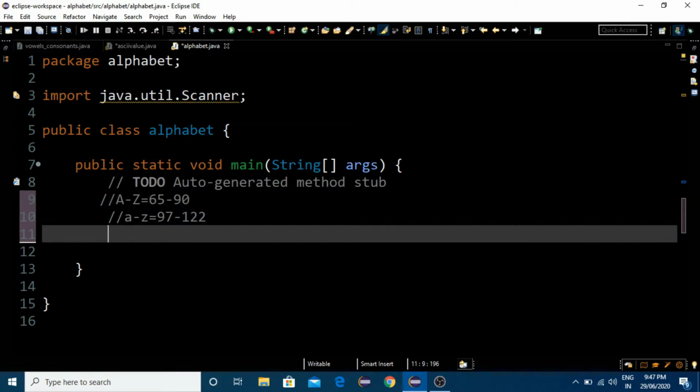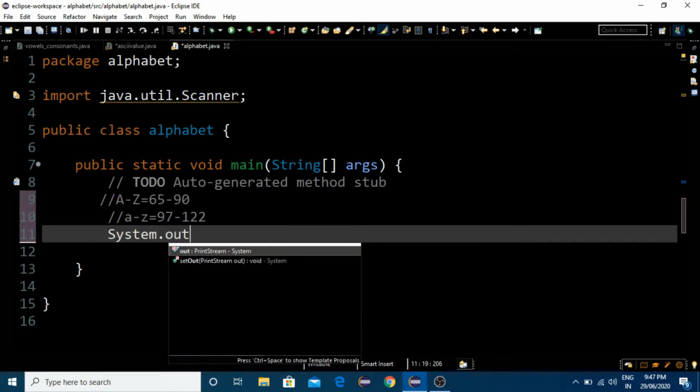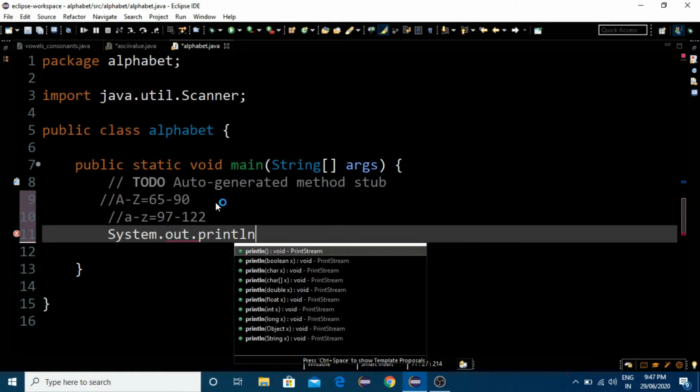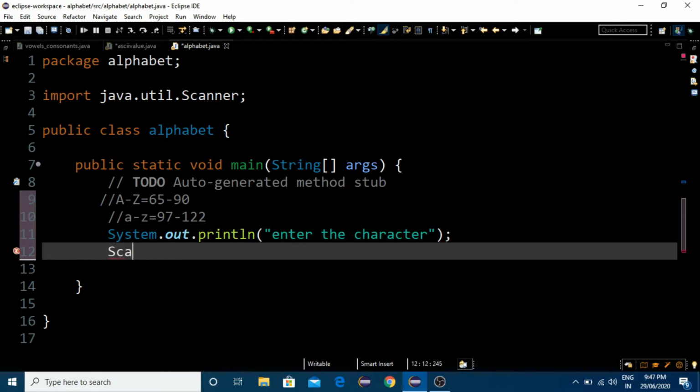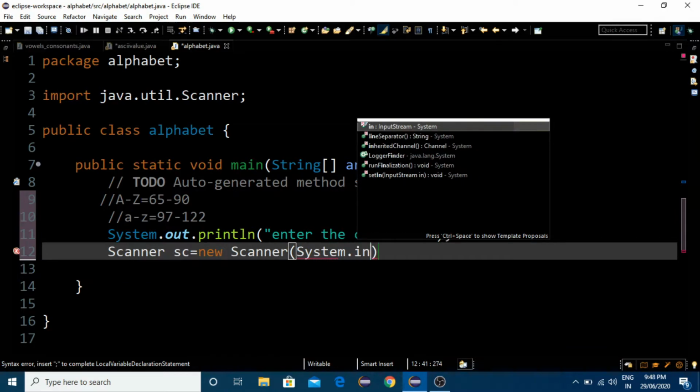Initially we shall ask the user to enter the input from the console, that is System.out.println of "Enter the character". We shall take the input from the console: Scanner sc equals new Scanner of System.in.